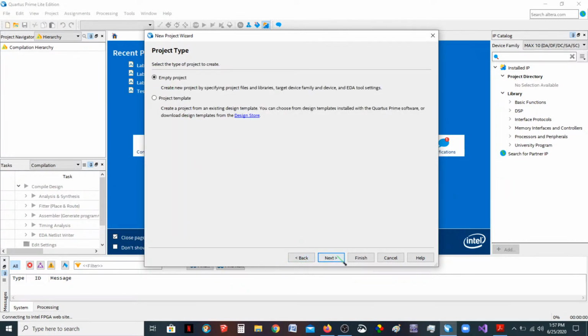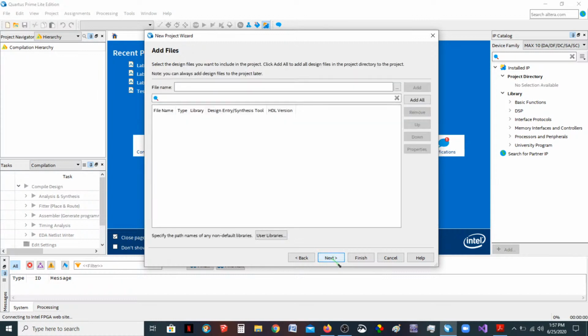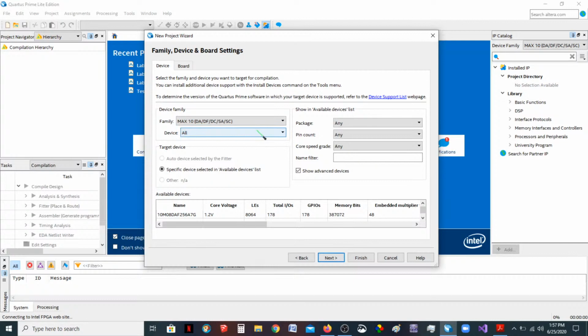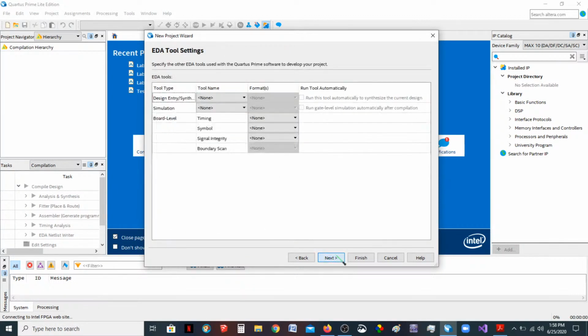Make sure this is still saying empty project. Don't choose project template. Skip the add files, and then we want to come to device MAX 10 DA, and scroll to 10M50DAF484C7. There it is. Okay. So again, I only have the MAX 10 on here. You may have the other ones, and so you have to dial down into this one. So I'm going to click next,